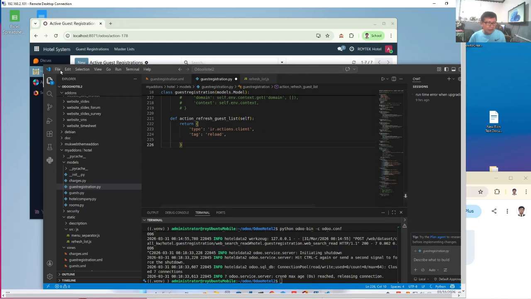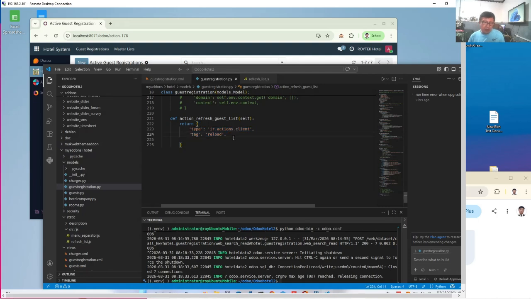Let's save this. So this is action_refresh_guest_list. This is the window action. We know that it's a window action because of the type. It's an ir.actions.client.